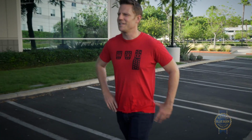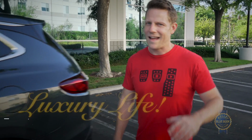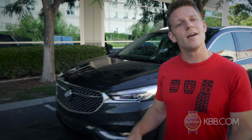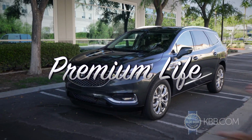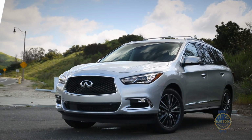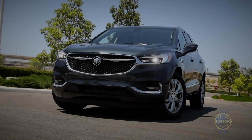Some of us are made to live that premium life. No, not luxury life. I am not made of money. But if you have premium taste and you need a 7-passenger SUV, the Buick Enclave might fit the bill. Sure, the Acura MDX, Infiniti QX60, and Mazda CX-9 might entice you with their premium delights, but the second-generation Enclave